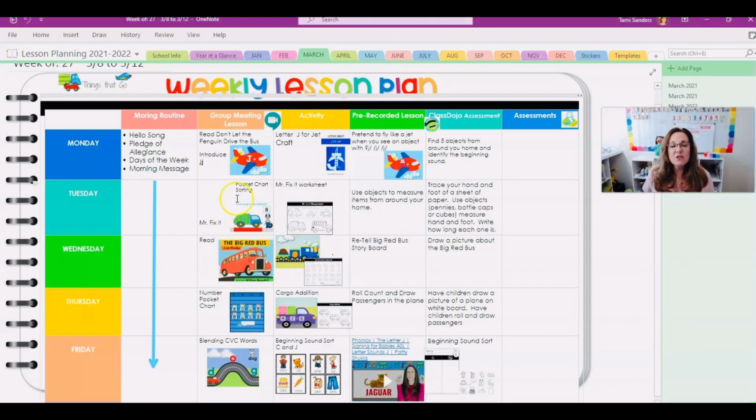Then we're going to be moving in. If you remember, every time I plan, I do a language, a math, language, math, language. So math is going to be on Tuesday, and we're going to be measuring how long and how short. We're introducing them to those words, long and short, and to how we can measure things with objects. They can bring pennies, bottle caps, or cubes, anything with them to class, and we're going to practice measuring long and short. But we're going to introduce them to this by showing them